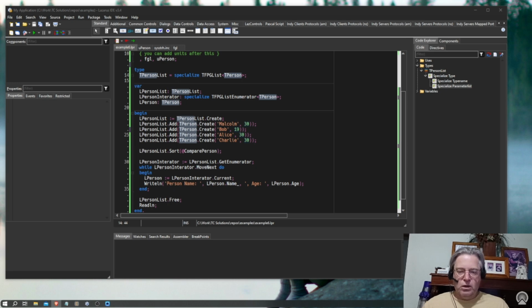Today we're going to go into the world of generics, and you can think of generics as a container that can hold different types of data without compromising on type safety. Essentially, they allow you to have code that works with multiple different data types. So instead of writing a set of functions or classes to handle a list of integers, a list of strings, or a list of some type of record, you can have a single